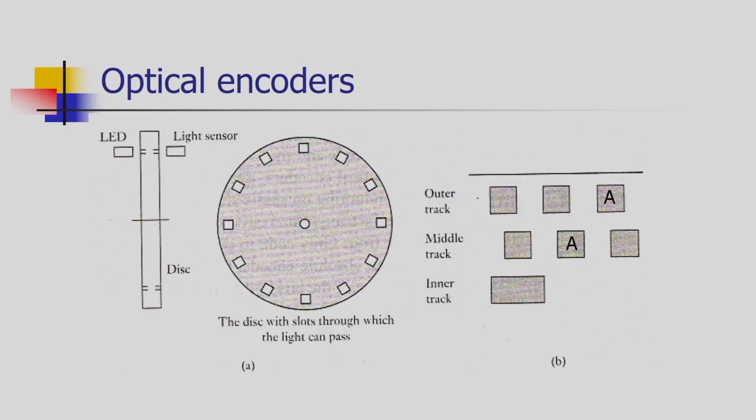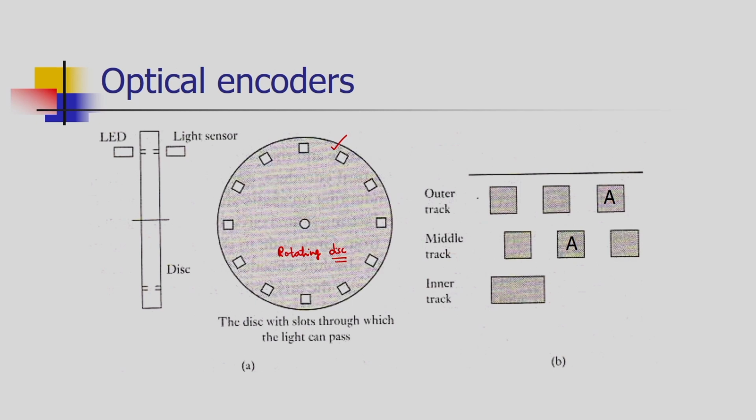Now, we will see how to measure the motion in angular mode. For this purpose, optical encoders are used. A typical optical encoder can be seen on your screen. It has a rotating disc. This disc is mounted on the element of which we want to measure the angular motion. The disc has perforated holes along its circumference. So, here you can see a track, and this track has a number of square holes which are perforated.